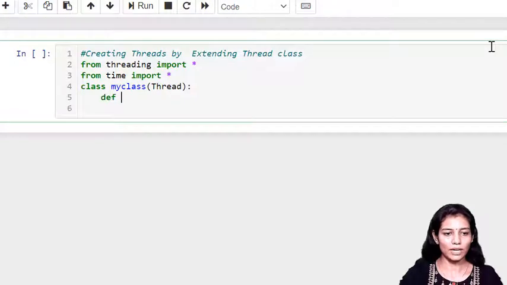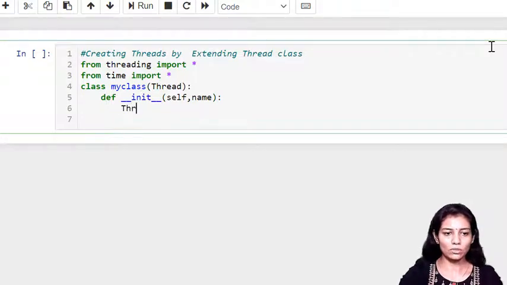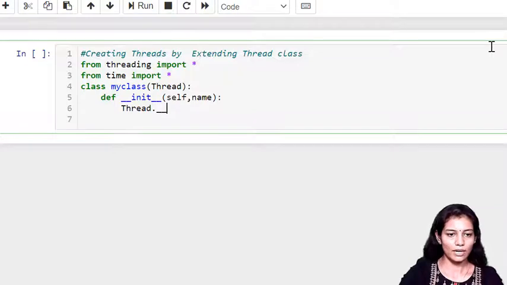I'm going to define __init__ and override the init method, and within that I have the self argument and a name. This is the argument being passed over there. Now within that I need to call the superclass init, so Thread.__init__, and within that I am going to pass self.